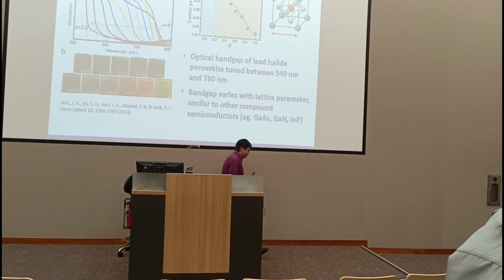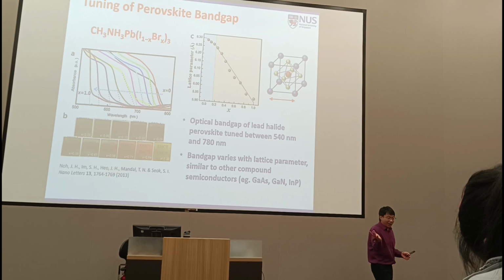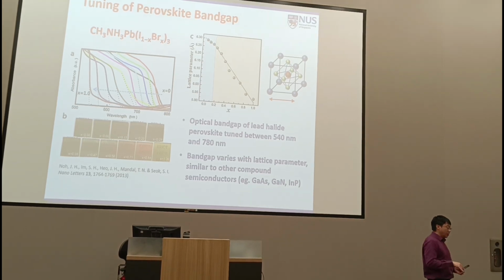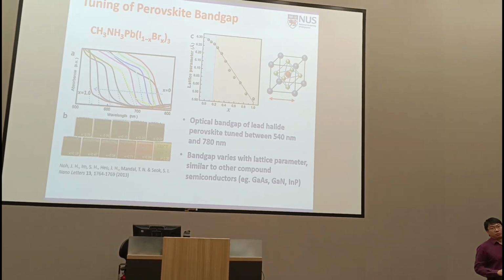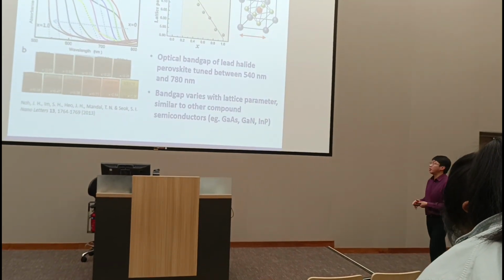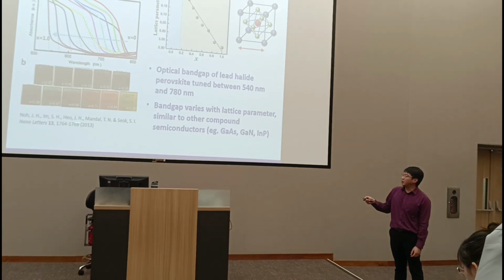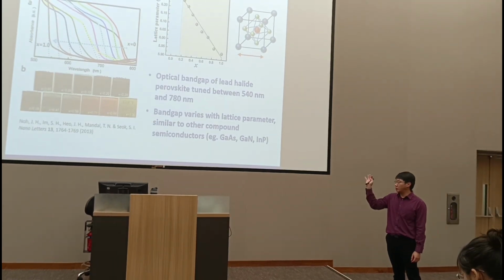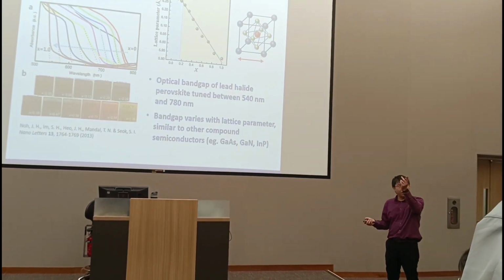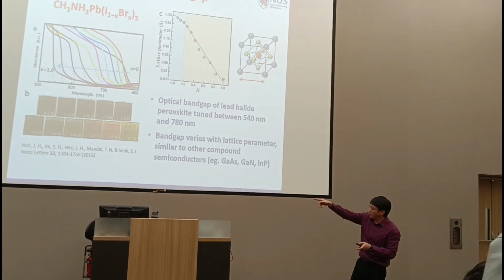Now, because of the fact that you can change the band gap so easily, you can change the halide, you can change the lead, because of this, you can get perovskite with all sorts of band gap, right, and all sorts of colors. Okay, and this is exactly what this group of people did. Okay, so in 2013, this was one of the earlier works. Remember just now I had this paper that shows emitting in all the colors. Okay, that was 2015. So even before that,